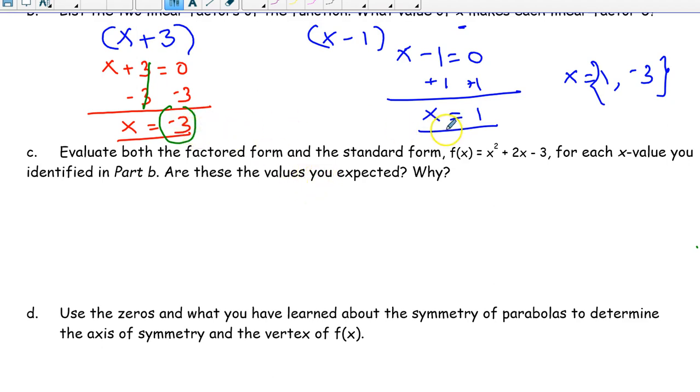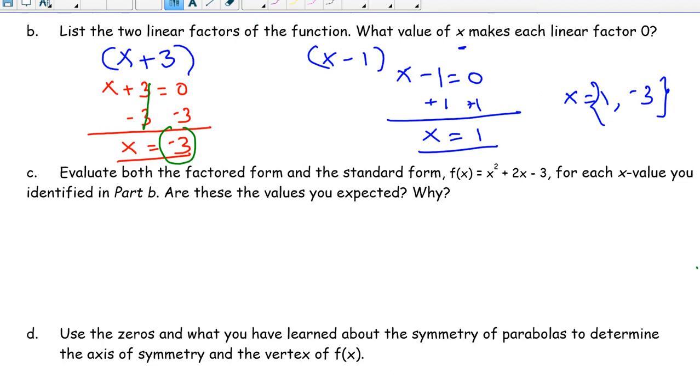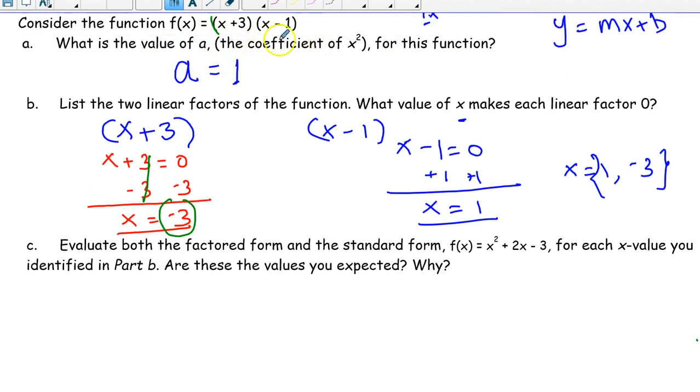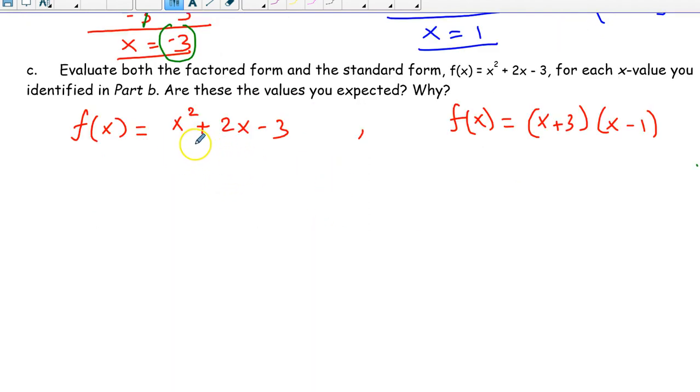On substituting these values of x in the function f of x equal to x square plus 2x minus 3, or in the factored form over here, x plus 3 times x minus 1. Let us see. So we have f of x is equal to x square plus 2x minus 3, that is the standard form, and this is the factored form. Okay, now I'll substitute x is equal to 3. Take x is equal to 3. So f of 3, oh, it's negative 3, sorry, you can just put a negative 3,